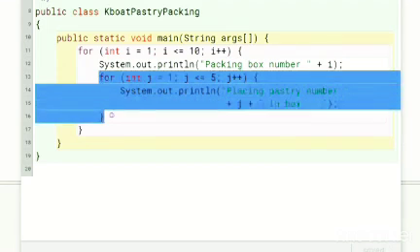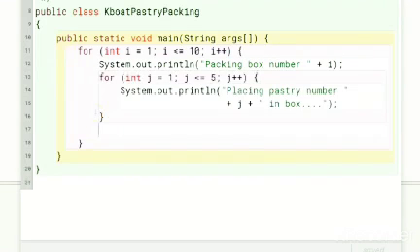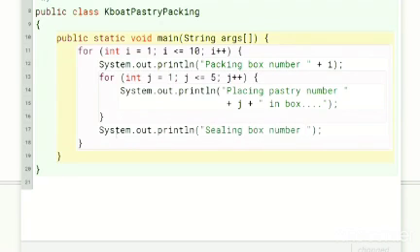This loop will place 5 pastries in the box. Then, outside the inner loop, I will seal the box. Now my box is ready. This is how we use nested loops.